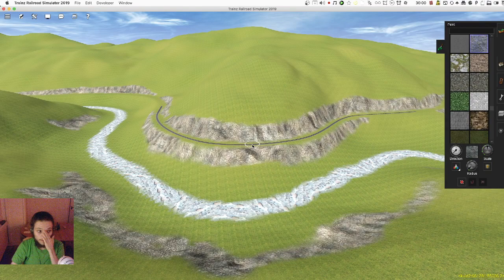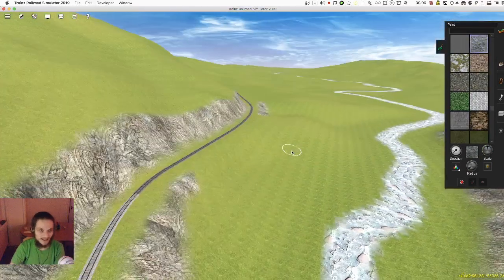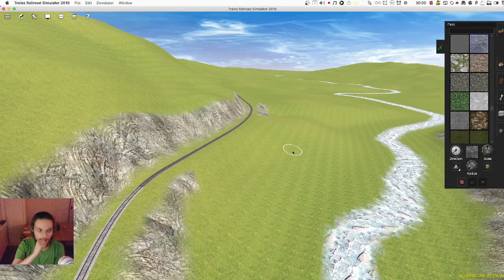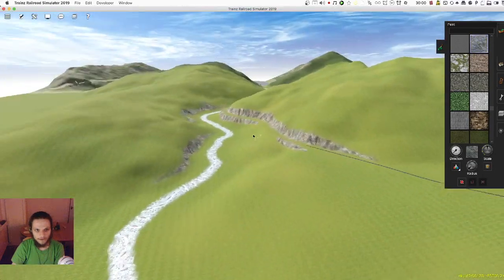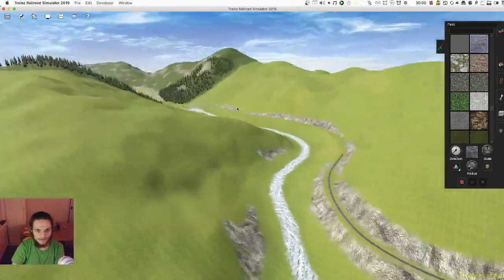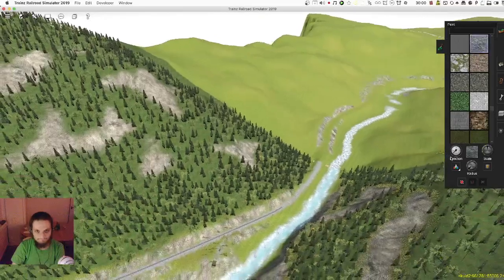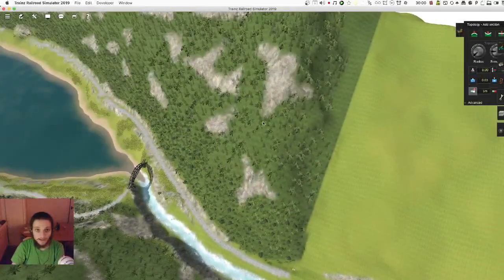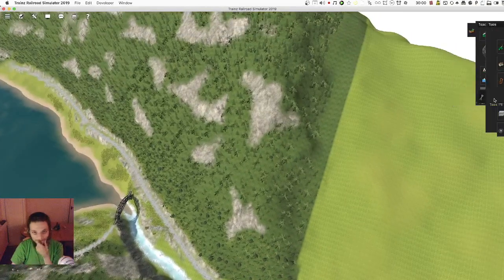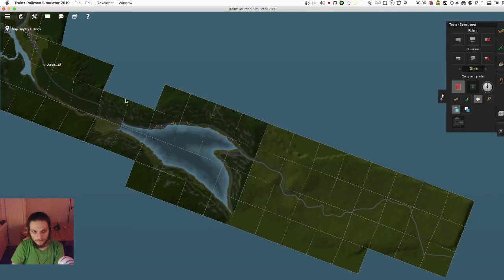Because if you remember Ryan... Yeah, that's just the sentence. If you remember Ryan. Actually, where do I want rock? Do I want more rock on some of these bits? Because I do have quite a lot of rock up there, which... I'll do the forest next. Yeah, anyway. So, if you remember Ryan...